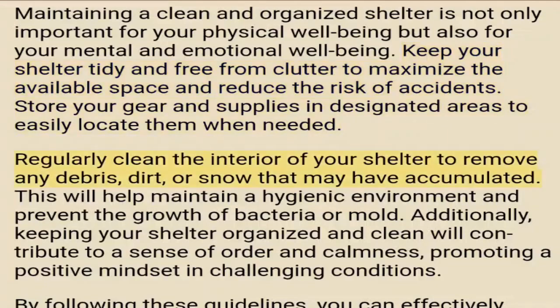Regularly clean the interior of your shelter to remove any debris, dirt, or snow that may have accumulated. This will help maintain a hygienic environment and prevent the growth of bacteria or mold. Additionally, keeping your shelter organized and clean will contribute to a sense of order and calmness, promoting a positive mindset